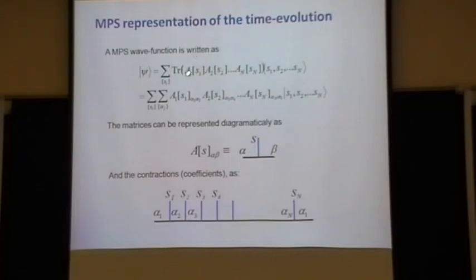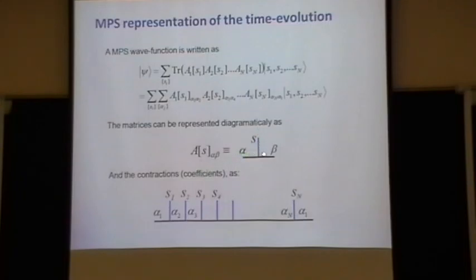I call these matrices A1 with another index S1, A2 with another index S2. If we have a translational invariant system, all these matrices are going to be the same. And we can expand this coefficient, and we see here that these matrices have indices, alpha, and we can represent each of them as this diagram that Steve